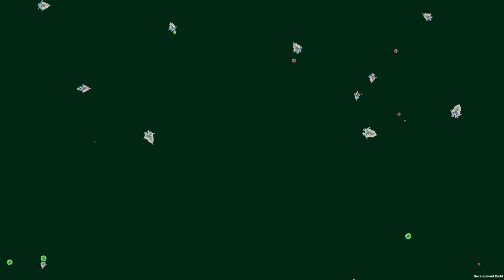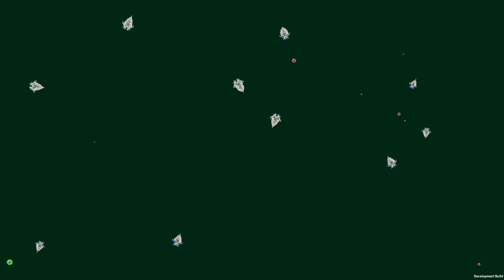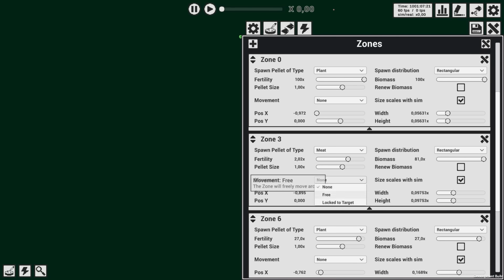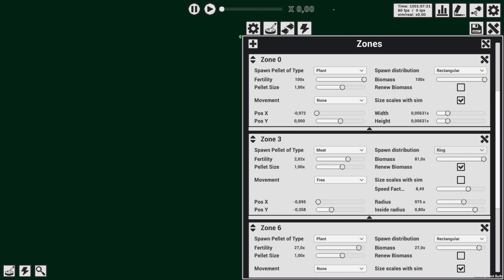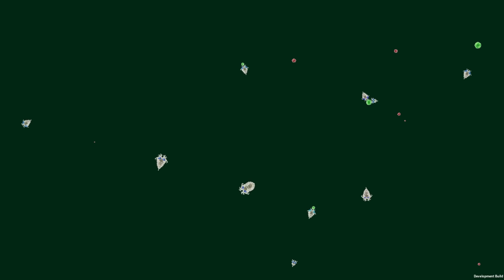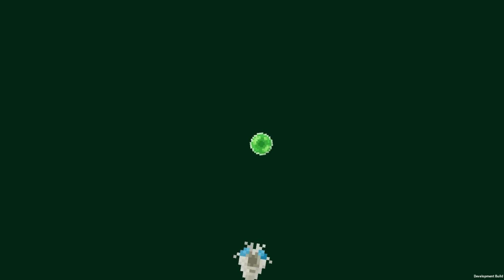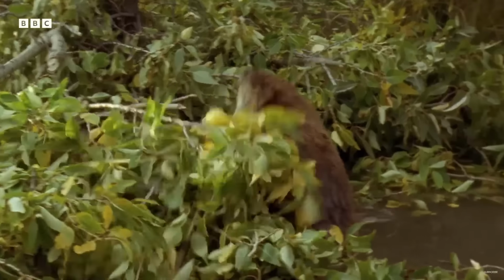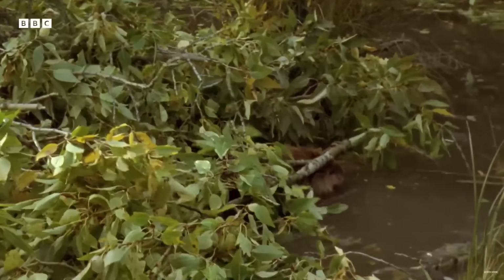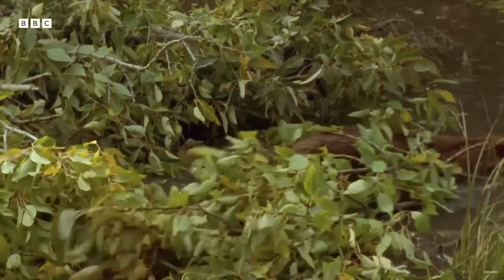This underlines the need to add a lot more dynamism to the simulation, both in terms of spatial variations with setting different conditions like we did with the zones here, but with many more parameters, and in ways for the Bibites to impact their environments in more ways than just, I eat a lot of pellets, so there's less of it. My dream is to see the simulation being able to make beaver-like Bibites a reality.